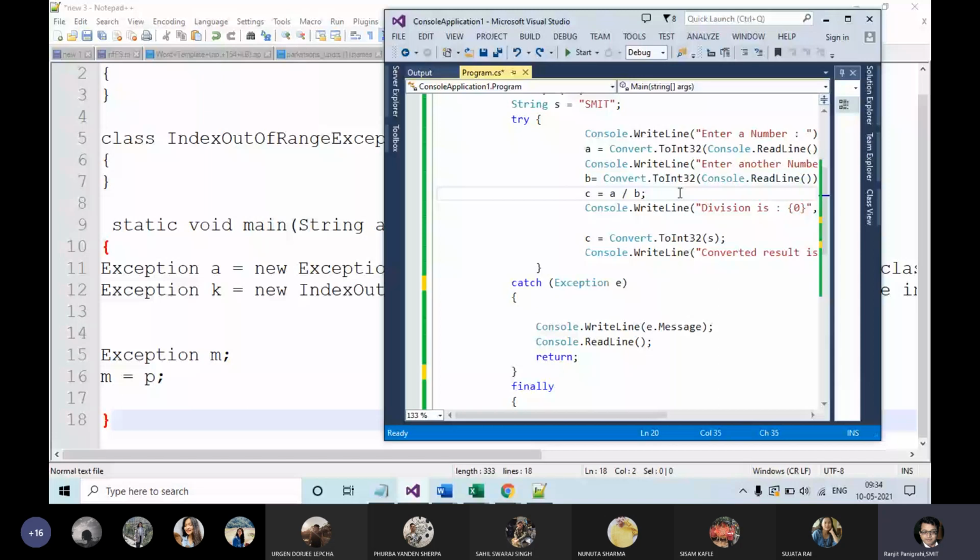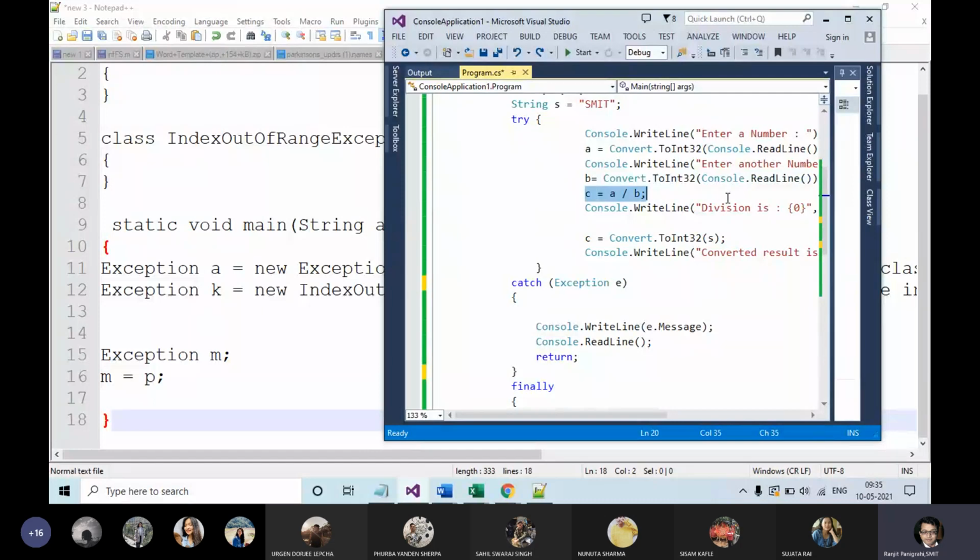Okay. So now after creating that specific type of object, the system throws it. And the program stops at that place. Okay. So suppose at this point of time, if the divide by zero happens, if the second number is zero, then what happens? The system creates an object of the divide by zero exception class and throws it. And the program stops here at this point of time and just throws it.